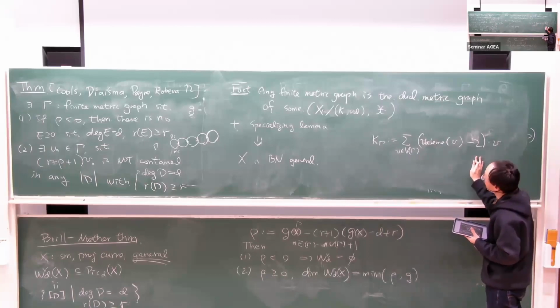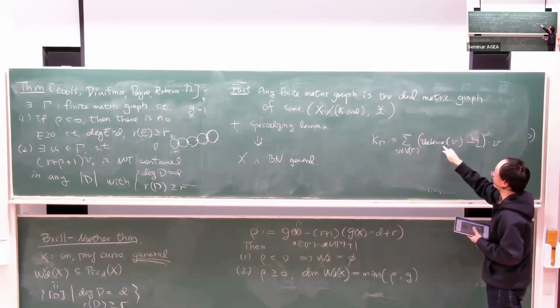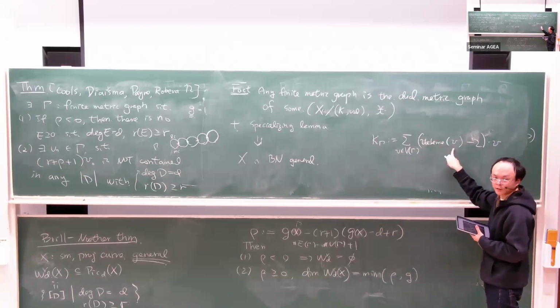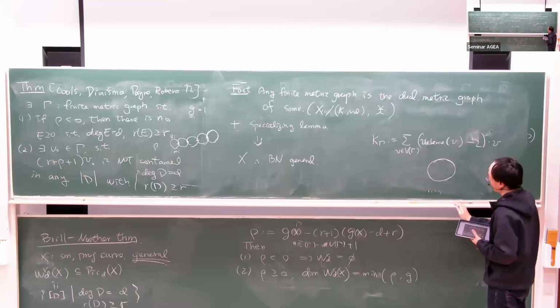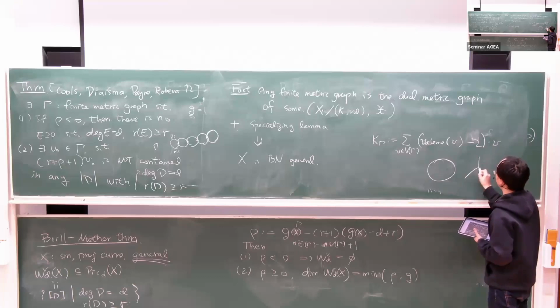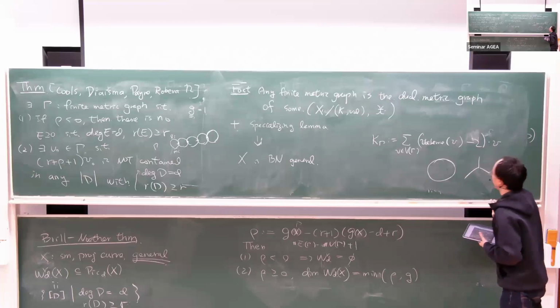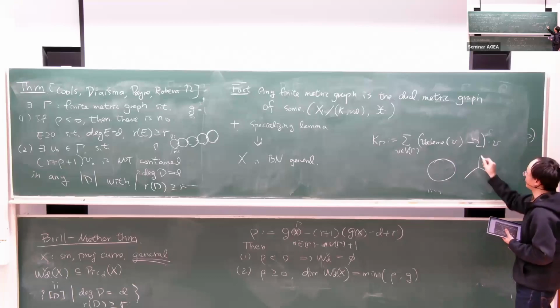Valence means the number of edges emitting from v. Therefore, for example, if you have a loop, then the canonical divisor is 0, right? And if you have a tripod,